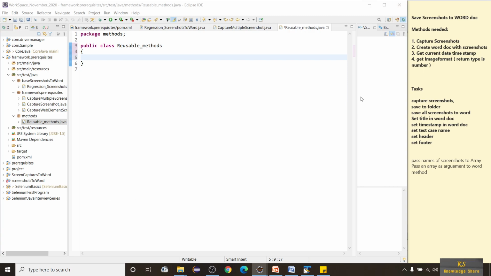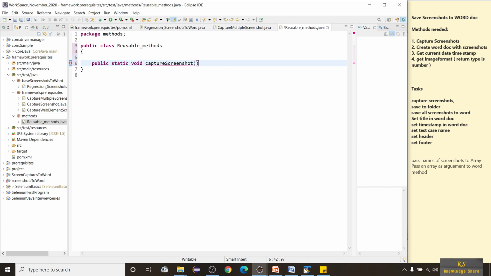Okay, let's create a method here. Public static void. I'll call it capture screenshot. Okay, and two arguments. One is screenshot name and the other one is WebDriver driver.